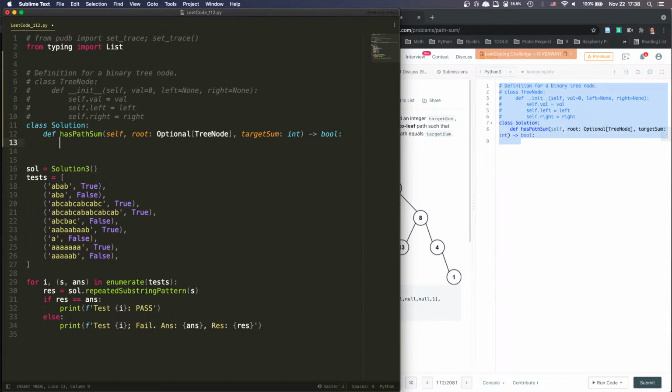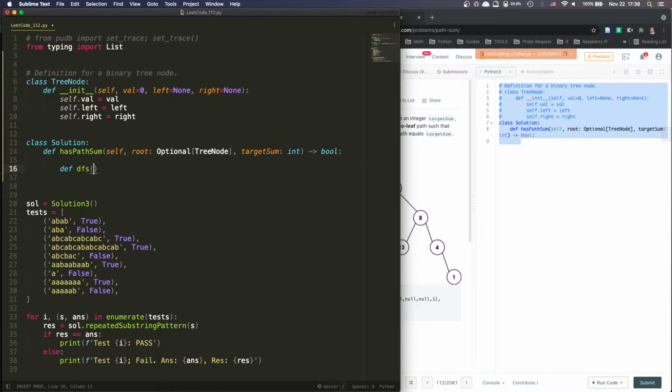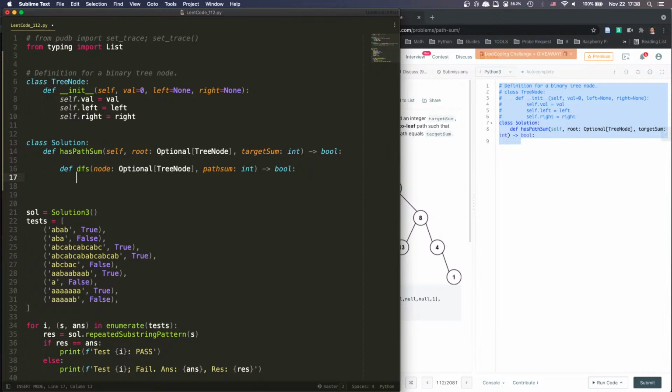DFS, I think it should be very straightforward. What do you think? Root, target sum, so I need that DFS. Node, optional, tree node. We don't have target sum, we just have the current path sum, right? Boolean value. We say if not node, hold on. Has to be, so if node,